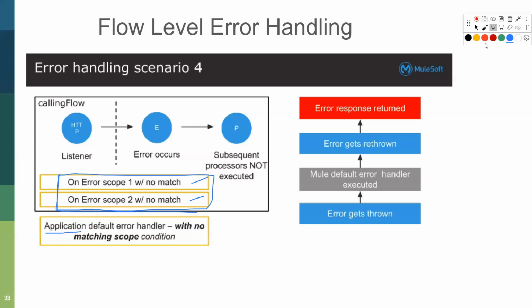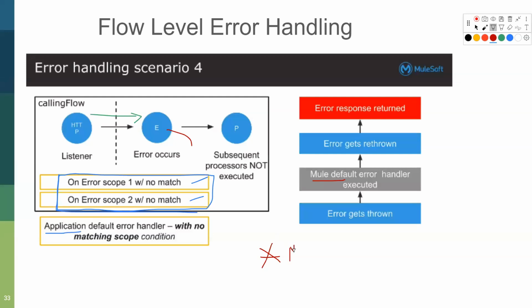So what it does is, the error from here, let me show. So the Mule event comes like this, and error happens in E. So from here, it is going to check if the flow level error handler matches. If it doesn't match, rather than going to the application level default error handler you defined, it will be handled by Mule's default error handler.